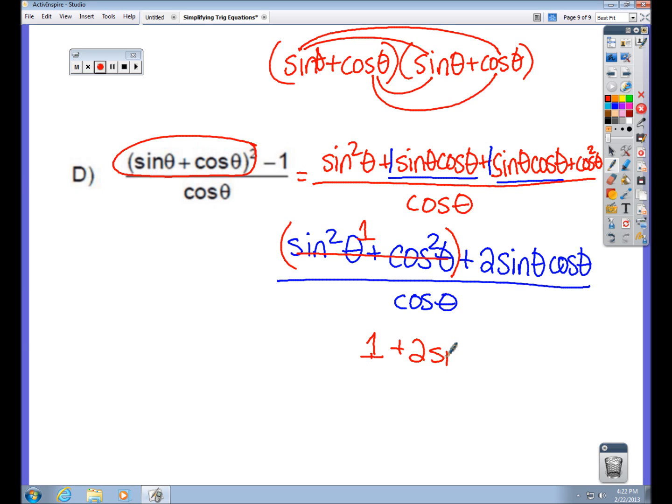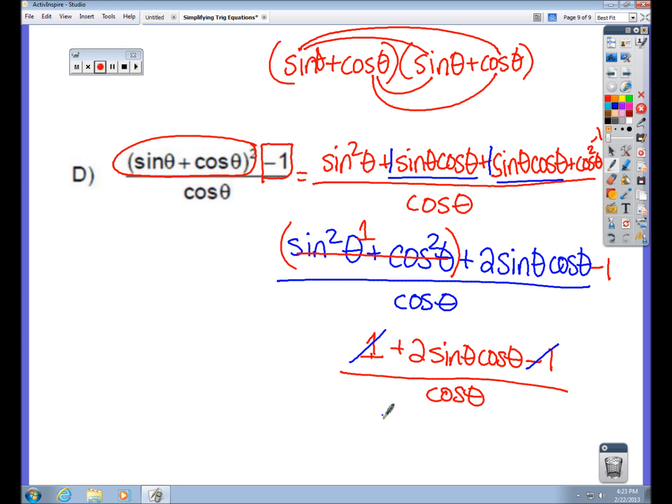2 sine cosine. And I actually forgot something up here at the top because I was running out of room. I forgot this minus 1. So I should have had a minus 1 on the end of all of these terms. So I'm going to put the minus 1 in over cosine. Okay. Now, what's going to happen with your 1's? If I have a 1 minus 1 on the top, those will cancel each other out. So now I have 2